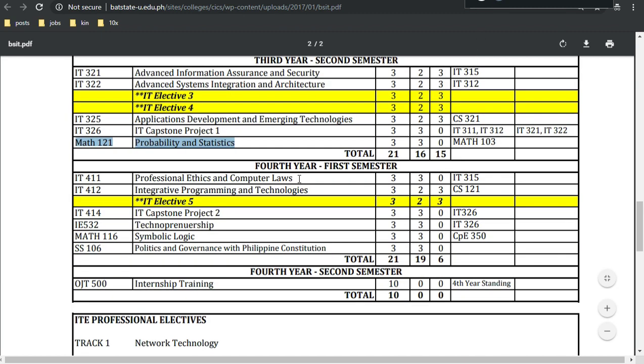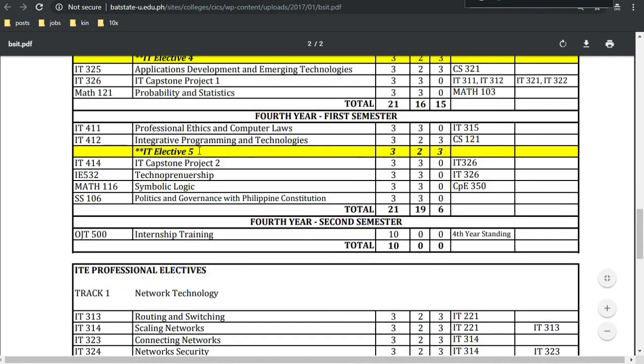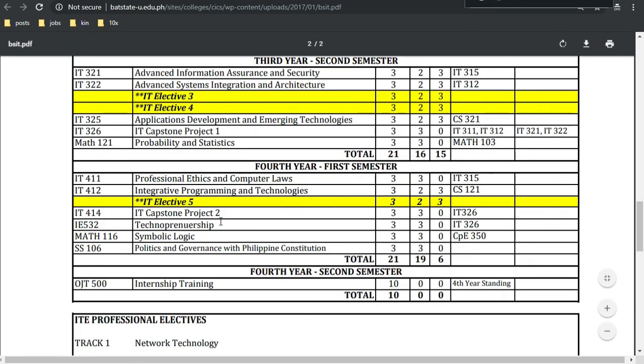The next one is professional ethics and computer laws. You're on your own for that one. Basically, it's don't hack people's computers, always try to safeguard people's data, create code that is clean. The next one after that is interactive programming and technologies. We already covered that in the advanced computer programming. The next one is the elective 5, which we're going to use as our elective 5. We're going to use the Fundamentals of Business Process Outsourcing 102. The next one is the IT Capstone Project 2. We already covered this in the